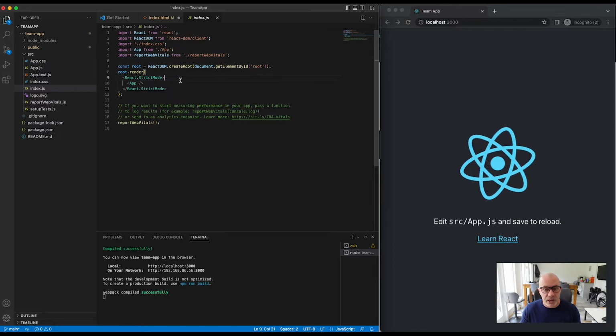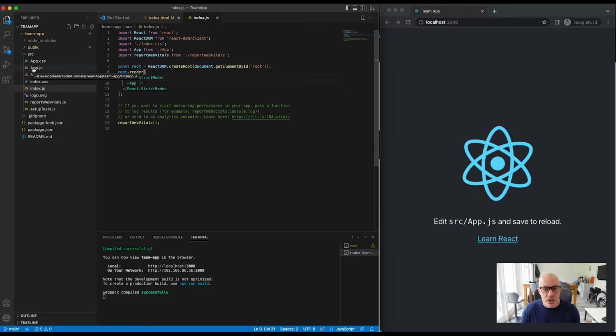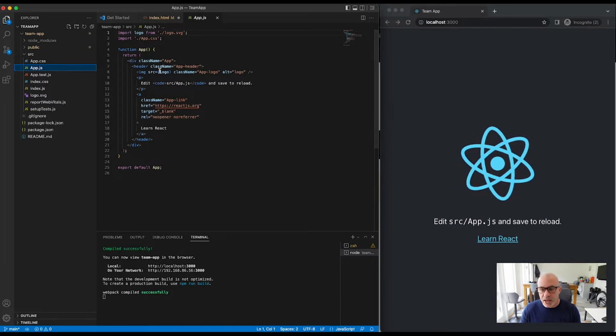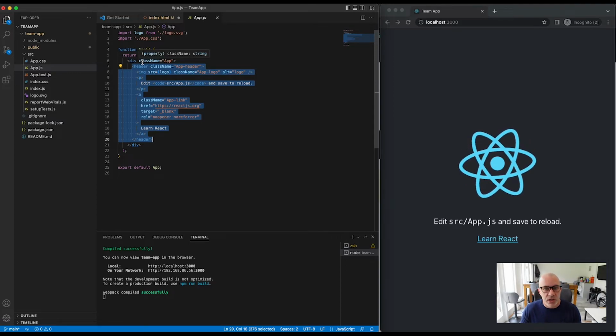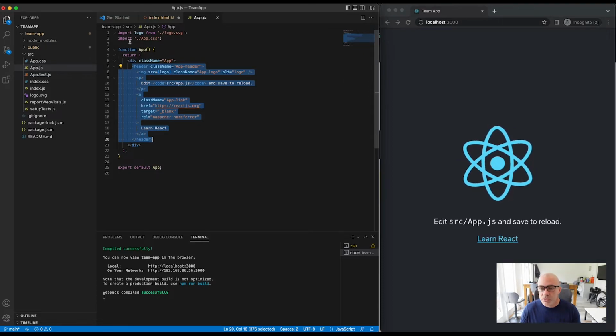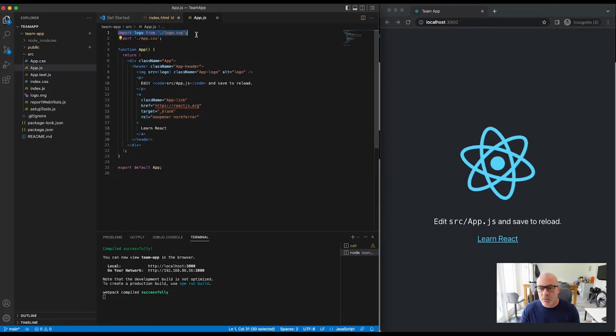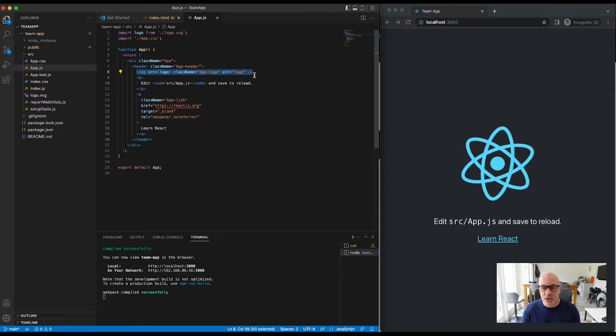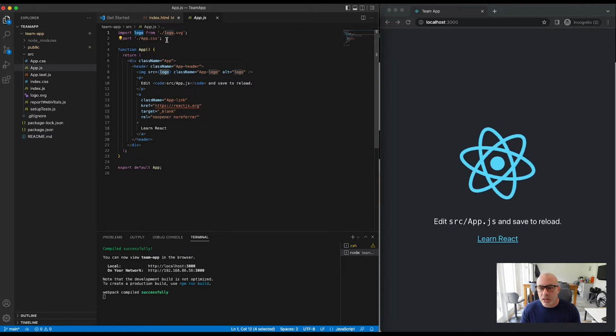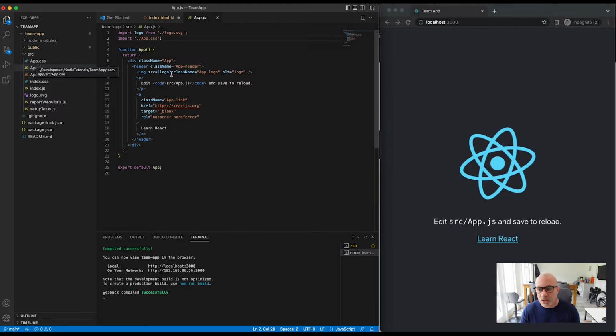And that's the next file to check out, the app.js file in the source directory. This is, for now, where our application is being built. And all of this code here, which looks like HTML, is basically what's showing in our browser. So this file is importing a logo as a component, and that's the logo you can see here. And that's being returned on this line. So it's an image tag with a source of logo, the component that we're importing. On line 2, it's importing the app.css file, which you'll see in the source directory. And then